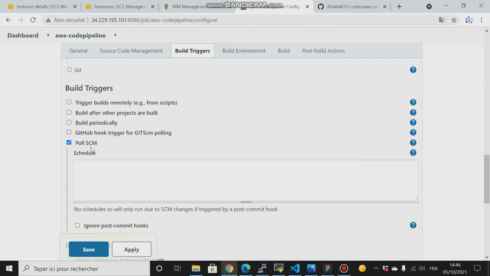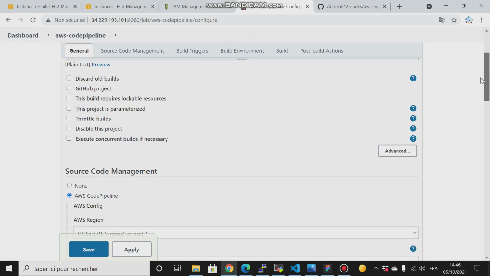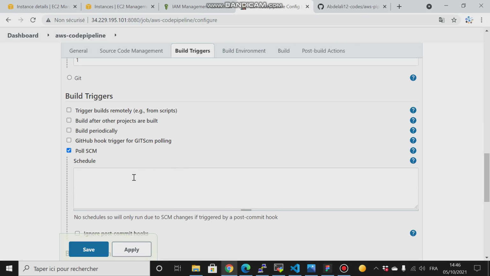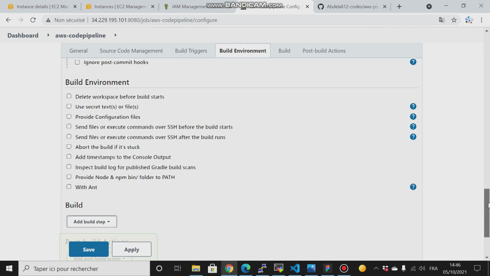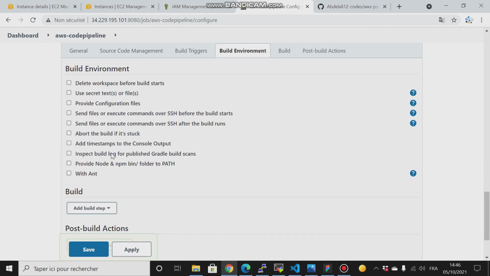This is our poll source code management. So this one, call it cron tab. And for the build environment,